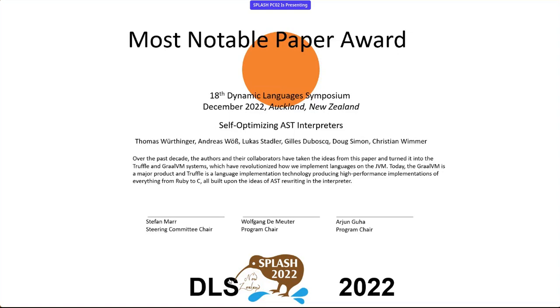You may have heard of Truffle and Graal, and nowadays the GraalVM of Oracle. It's an actual product that revolutionized how people can implement languages, specifically dynamic languages, on top of the JVM, but not just dynamic languages. There is also an LLVM interpreter, and anything from Ruby over Python to R nowadays runs on top of that platform. So that was the reason the selection committee, which I wasn't part of, selected the paper, but I wholeheartedly endorse the decision. So a round of applause for our 10-year most notable